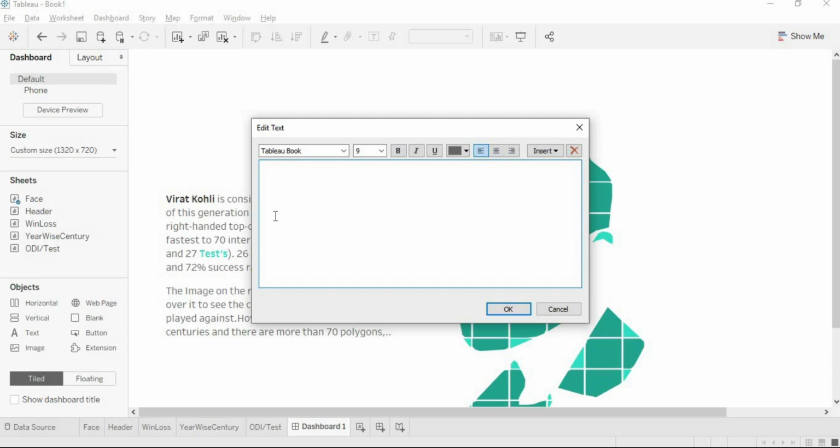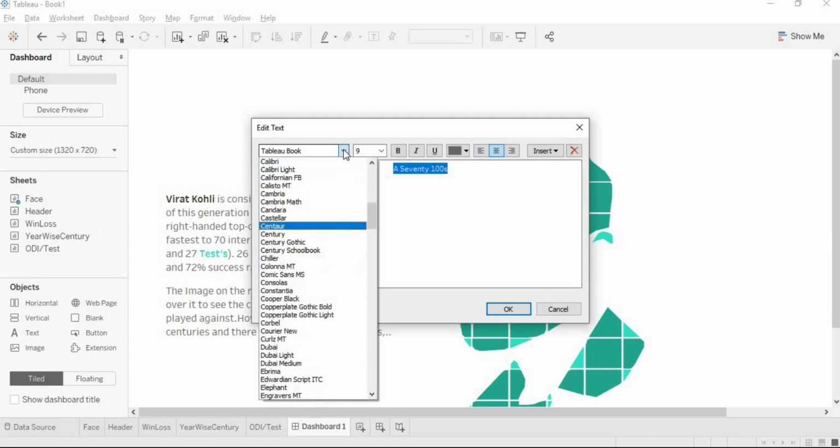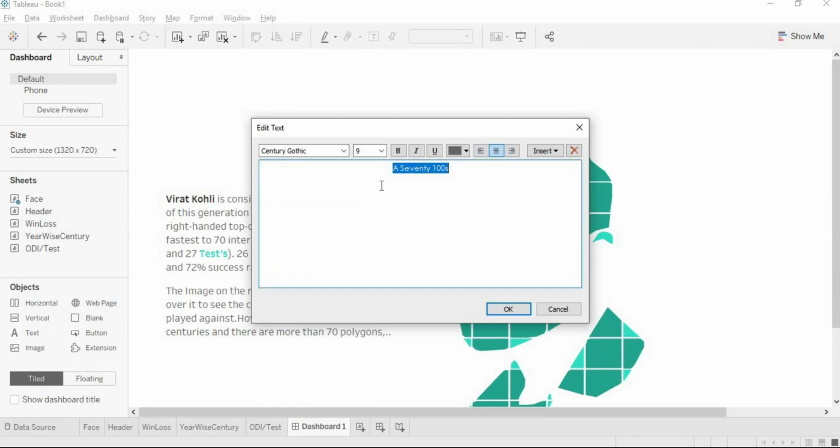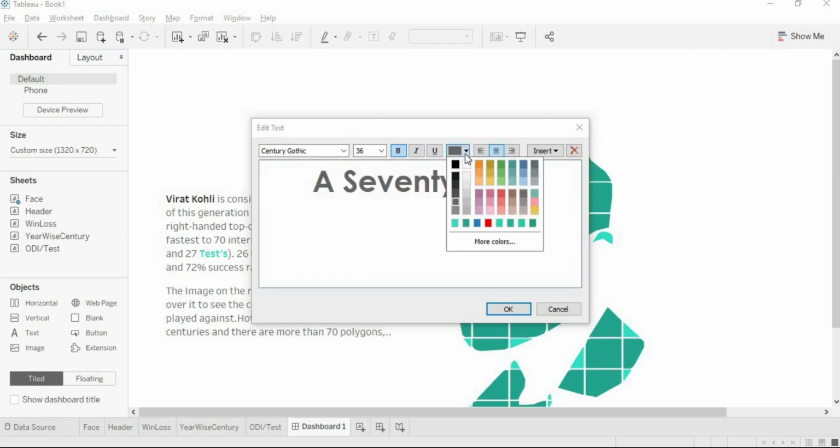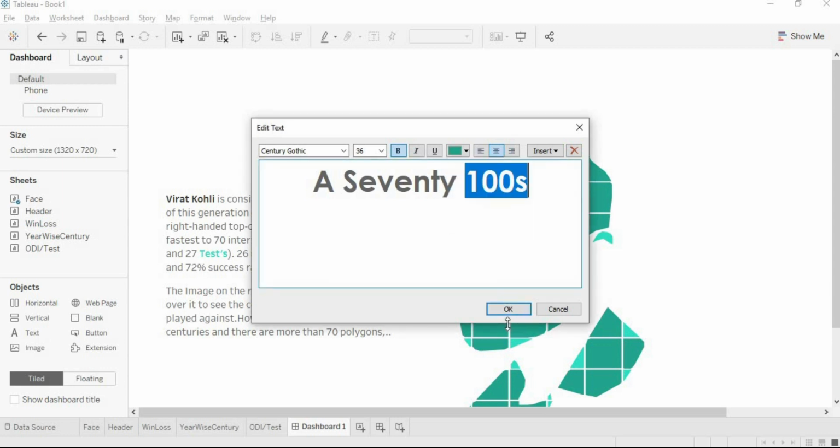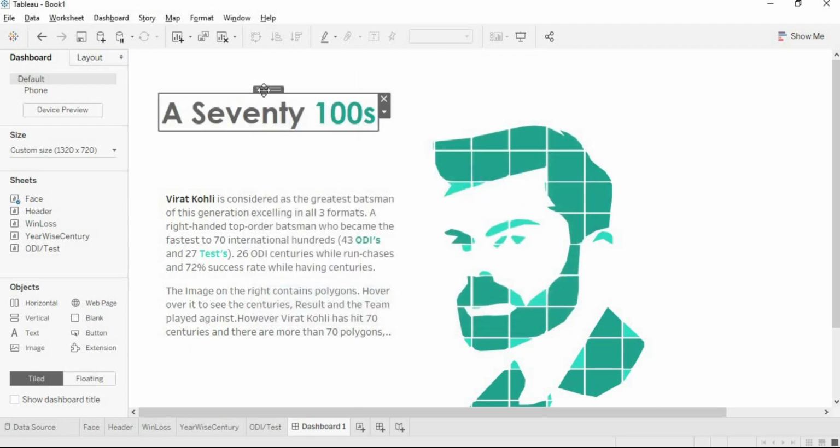So for that I will show 70 hundreds, selecting all, aligning it to the center and changing it to Century Gothic, and I will be increasing it to 36, making it bold, and the 100 is to be highlighted, so I will be using a different color for this. Yeah, this one.